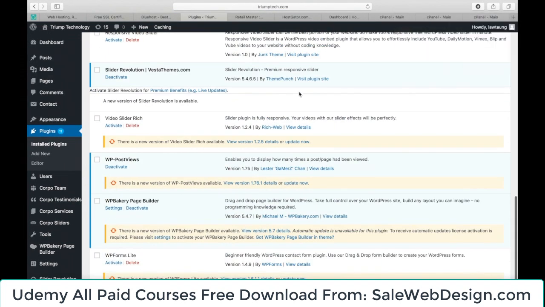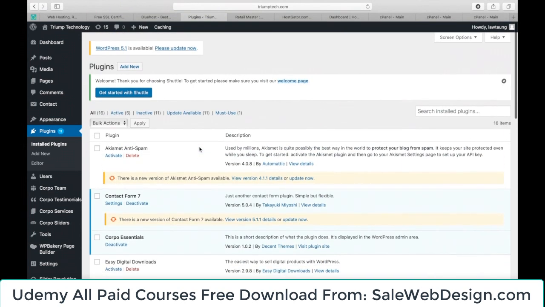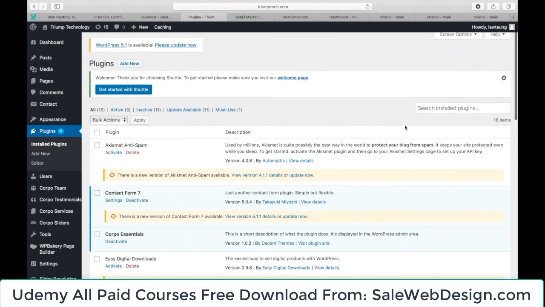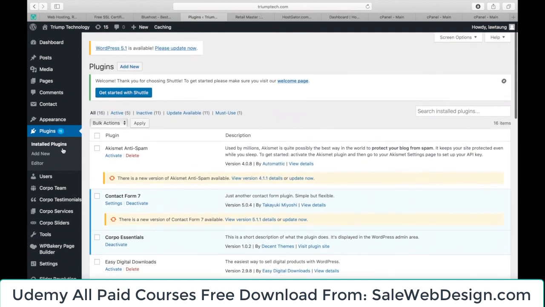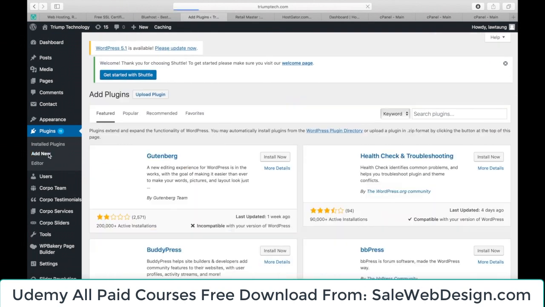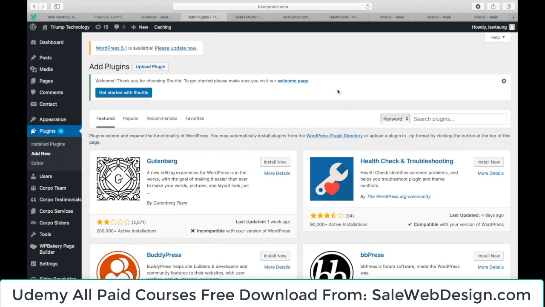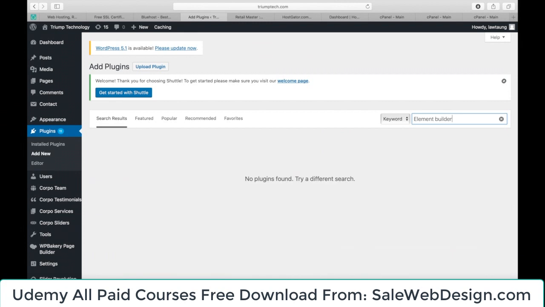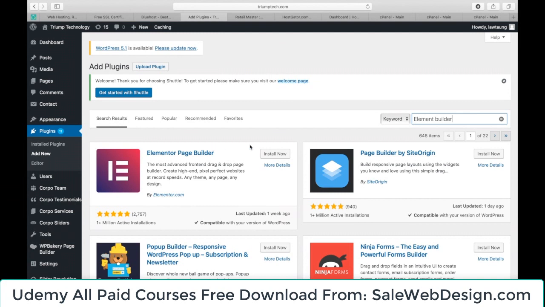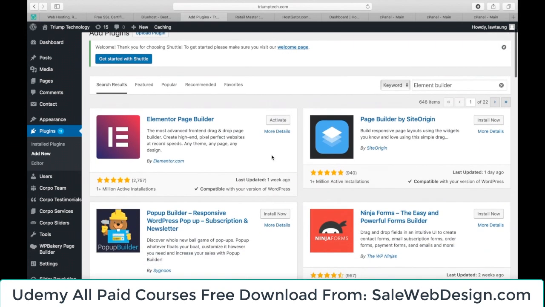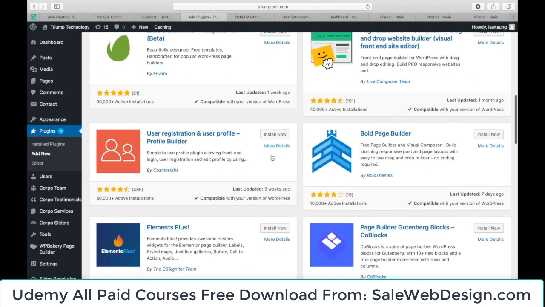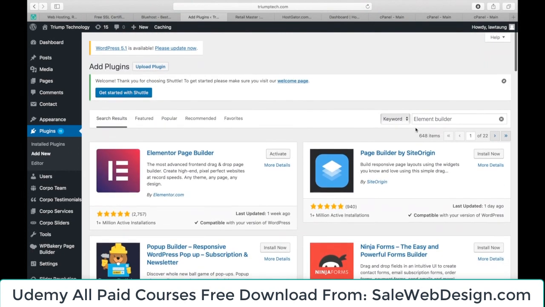So in order to be able to customize the site with very simple tools, what we want to do is we want to install the plugin called Elementor Builder, and this is the plugin that's very useful for building the web page. So here we're going to install this Elementor Page Builder, and we can install all these plugins that are useful for the website, and later on we're going to install the